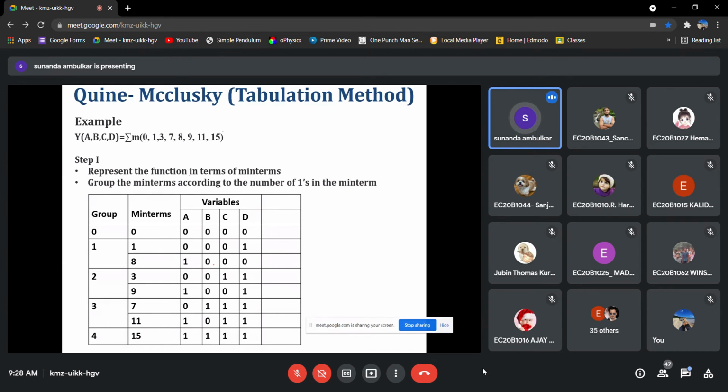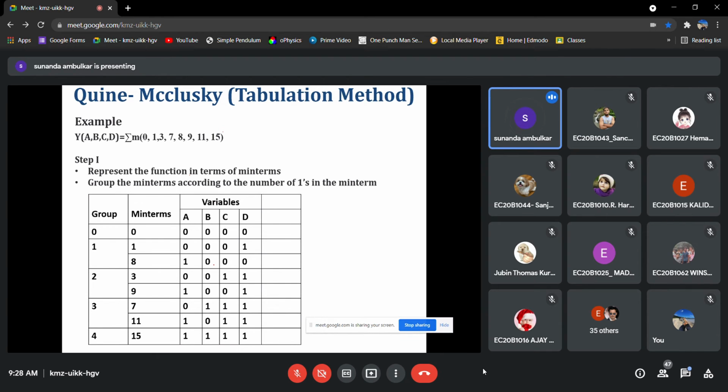Next step is you have to compare group number n with group number n plus 1. Clear now? We have to compare group n with group n plus 1.